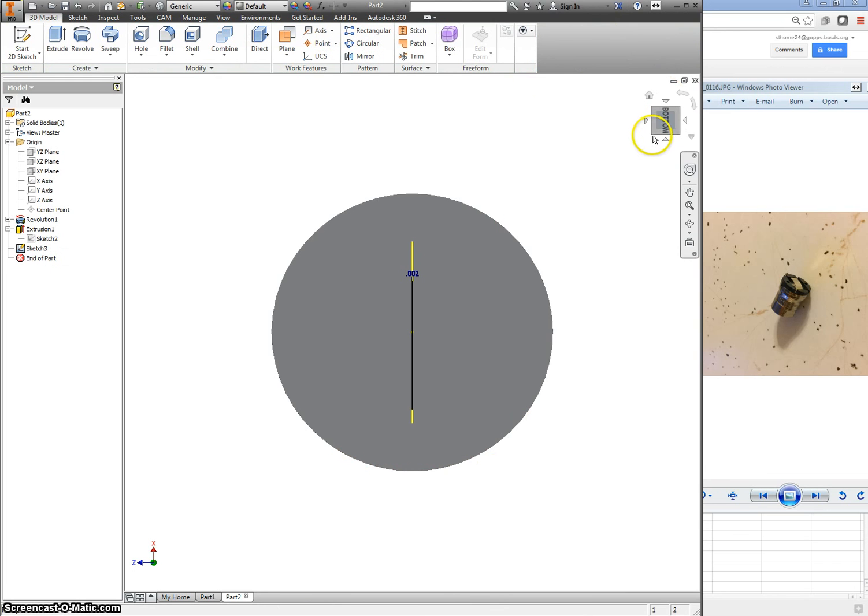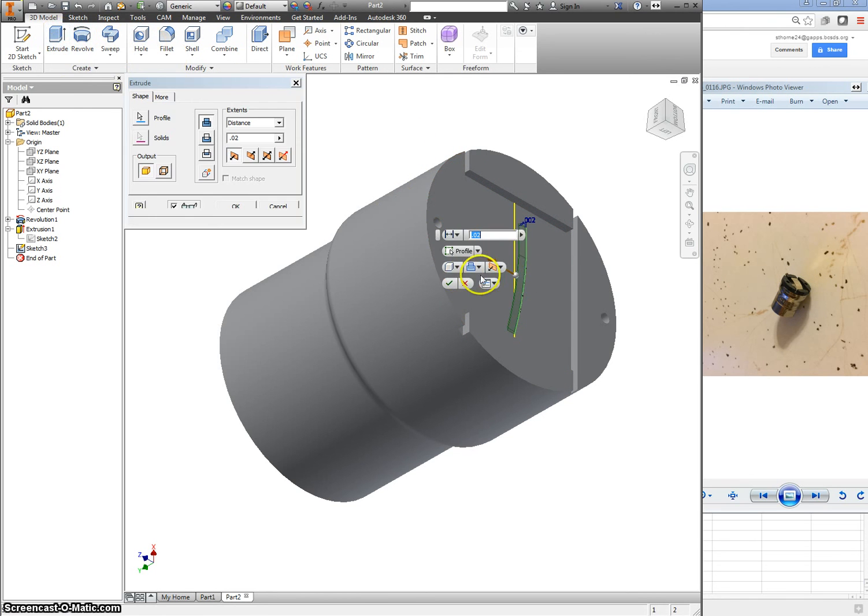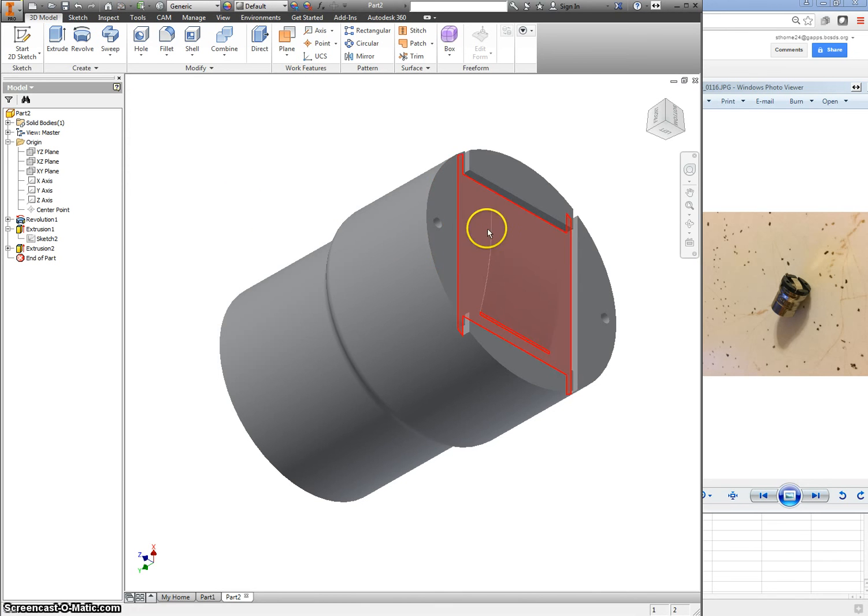Now, what we have is a partial sketch that's right in the middle of this. I don't know what the width is because I don't have it with me, but when I go to extrude this, I want to say I'm extruding from both sides equally. And now it'll make that tab for you in something different. Now if you want to make this material different,